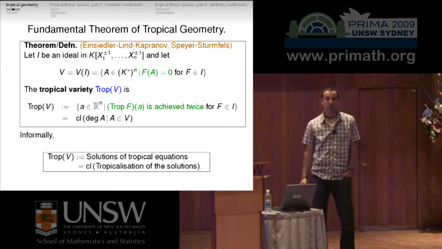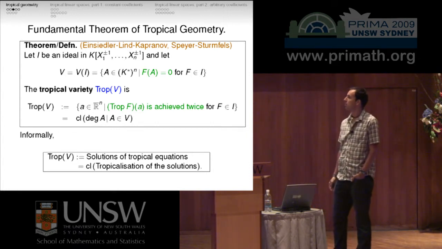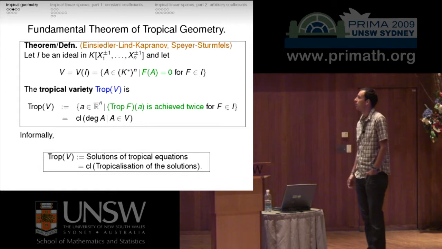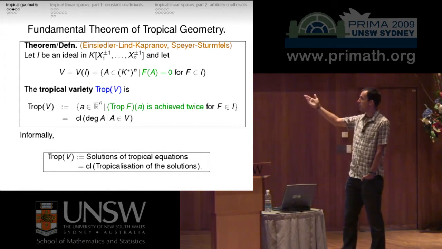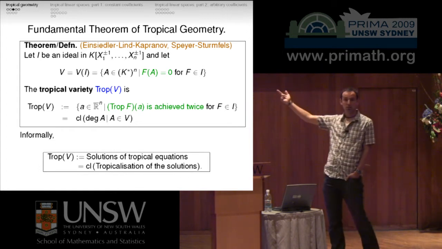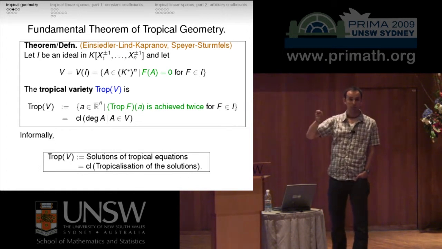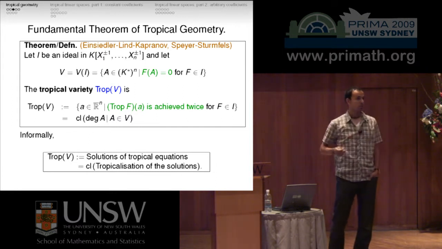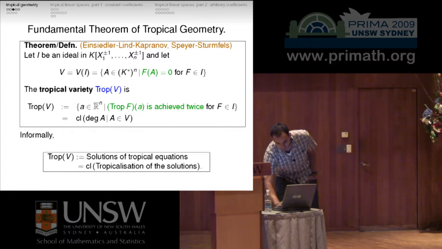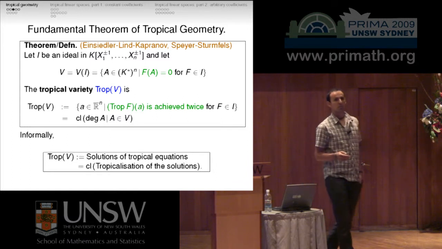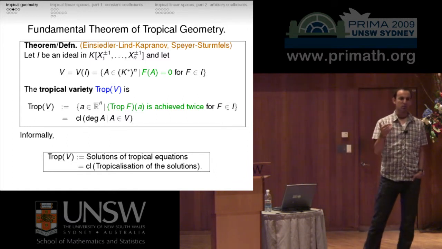If I start with an ideal, and I consider the corresponding variety, then the tropical variety is defined to be either one of these two things which are equal to each other. The first thing you can do is take each polynomial equation in your ideal, f of a equals 0, and you just tropicalize that equation. And so f becomes trop f, and then for a reason which I think will become clear in a second, instead of saying equals 0, you want to say that